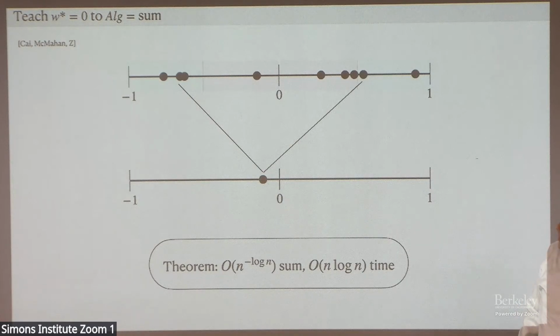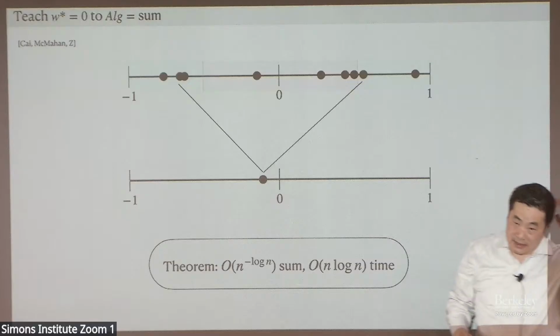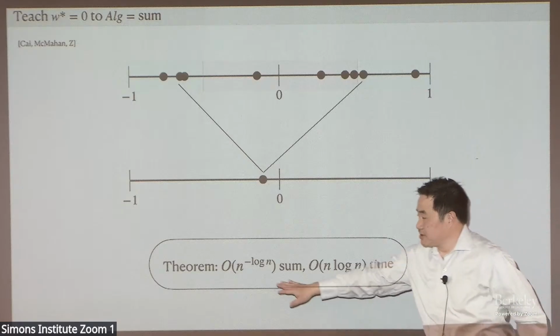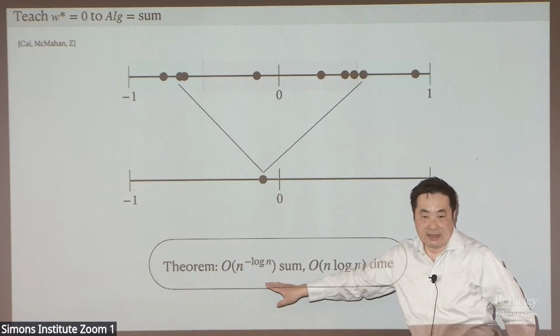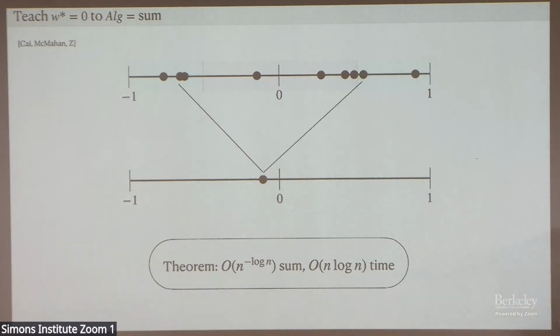And at the same time, the domain in each generation shrinks quite a bit. So through log n generations, eventually you get this type of guarantee, where you get n to the minus log n for the summation. But the time for the algorithm is only n log n. I want to mention this because, sorry, I'm running out of time, but I'm concluding. I want to mention this because this is very typical of what you run into in machine teaching problems, because we are really dealing with hard combinatorial situations.